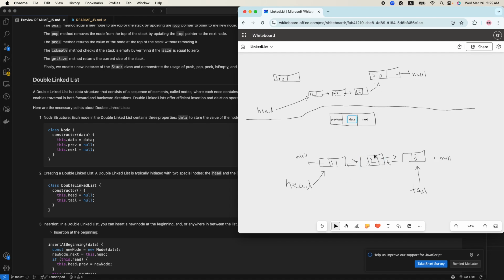For example, consider this node. Now, this node has a pointer to its next node. Also, it has a pointer to its previous node. But in a single linked list, the pointer was from one side. For example, when you were trying to add or remove a node from the end of the list, you were starting traversing the list from the head and going toward the end. But here with the double linked list, as far as the node has two pointers,